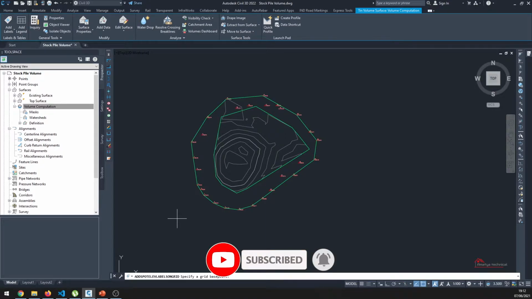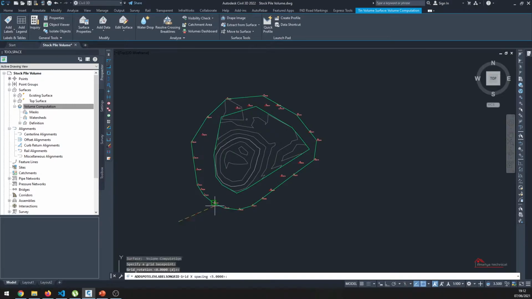I'm going to click somewhere here in the left corner of my screen, and it's asking me the grid rotation. I'm going to let it be 0 and the grid spacing, let's say 5 and 5. Here it is asking me to specify the upper right location for the grid.